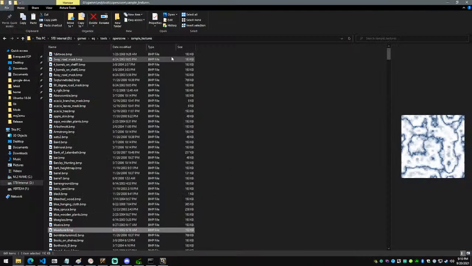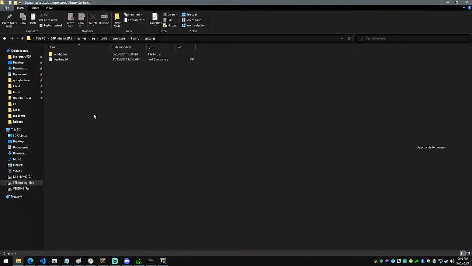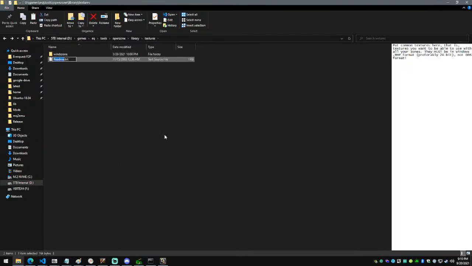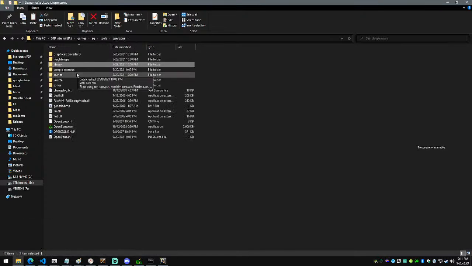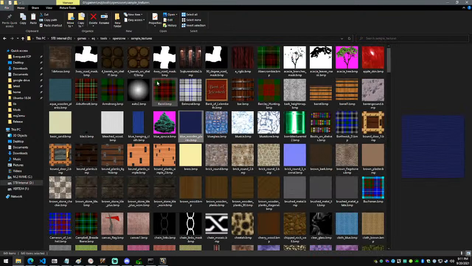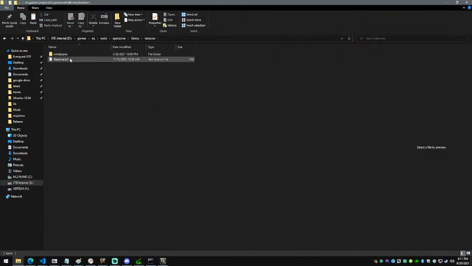Let's check that real quick. OpenZone has library, and then here's textures, and then you have WinZone. All right, so what does the README say? Put common textures here, that is, textures you want to be able to use in all of your zones. They must be in Windows BMP format, preferably, and not DDS. Okay, so if we go back to my textures, right, and I put them all into OpenZone Library Textures,